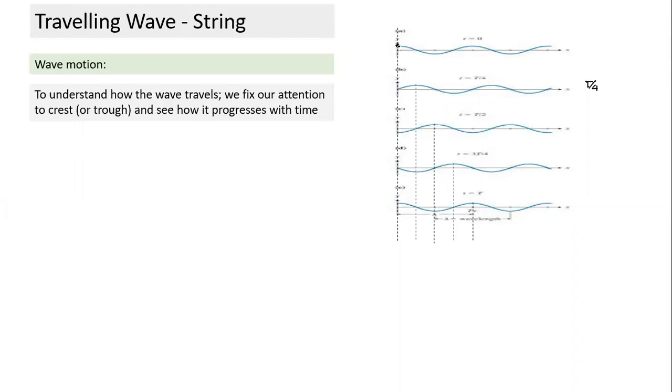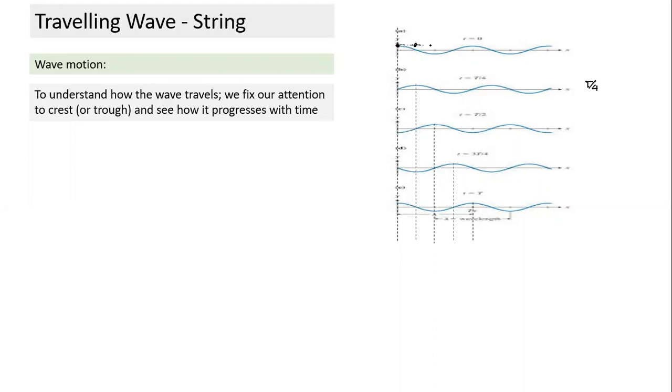So where has my crest gone? If I keep observing from 0 to T by 4, I will see the crest which was here initially has moved to which point? Actually, it's the same thing we have drawn in a different shape. So what has happened during time T by 4? The crest which was here has moved here. Another T by 4, this shape of wave will look like this, the crest would have